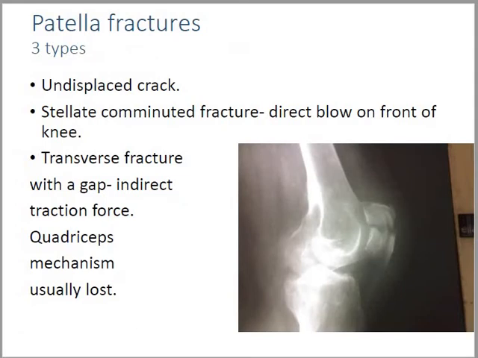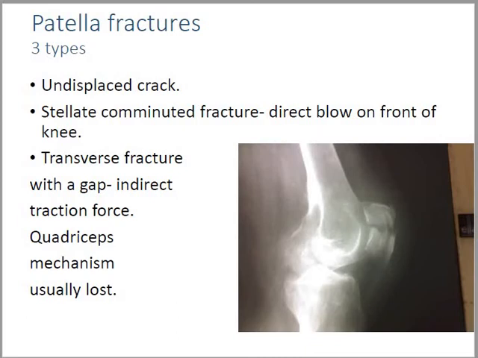Now we talk about patella fractures. As we know, what is the patella? The patella is the largest sesamoid bone in the body. It is located anterior to the femur, anterior to the knee joint. It facilitates the movement of the quadriceps muscle through the quadriceps tendon or patellar tendon. It increases the force of the quadriceps. So it has many functions, and being at the front of the knee,